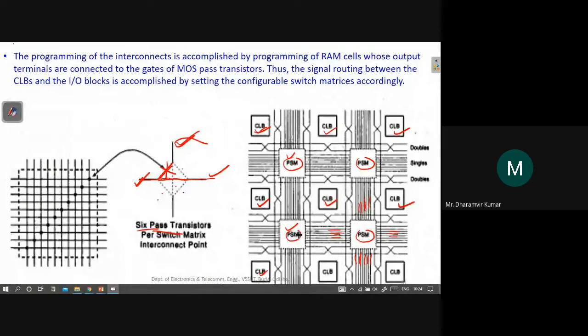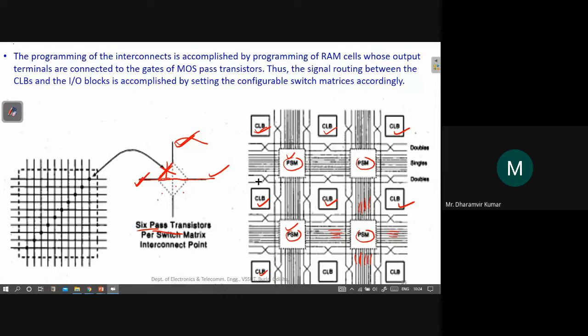And this is all done by the tool. You design a circuit, write the code for it, and then go for the synthesis part. There's an option called synthesis, and the tool takes care of how the switch matrices are programmed, how many CLBs should be used in your circuit, and how to connect them.